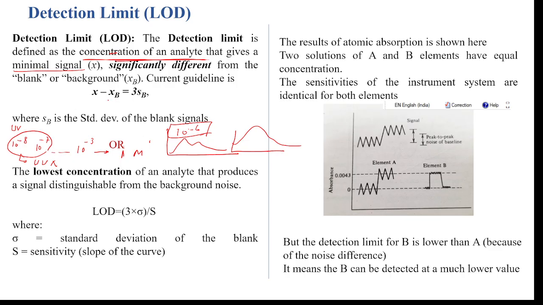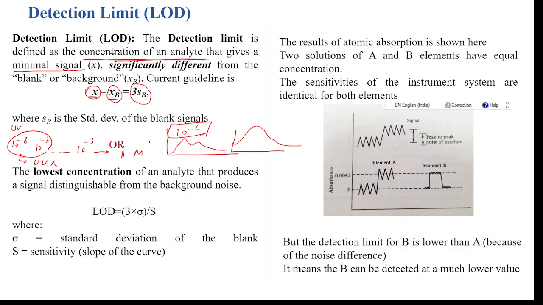This is the difference between blank and the background. Background means when there is no sample, and blank is the sample. This is the signal of your analyte, and this is the signal without analyte. So this is the difference, and it should be